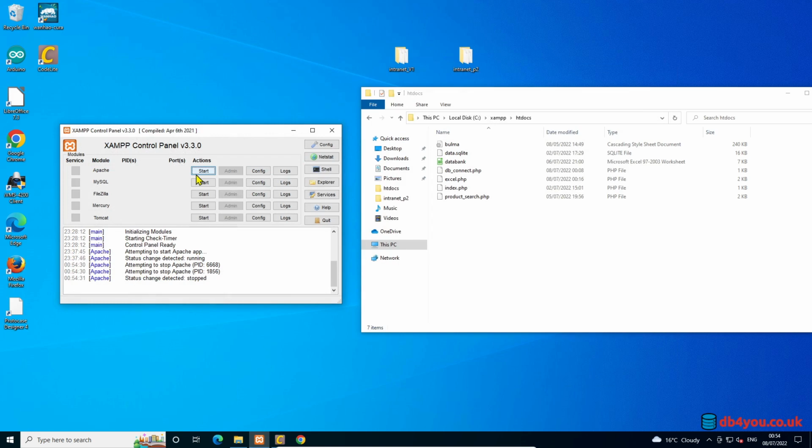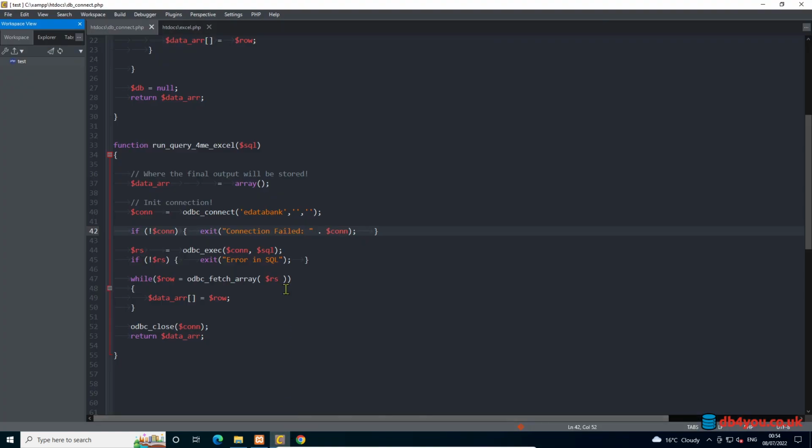Stop the service just to make sure, and start the service, and that's it. So now we can use ODBC connectors. So let's start with our usual